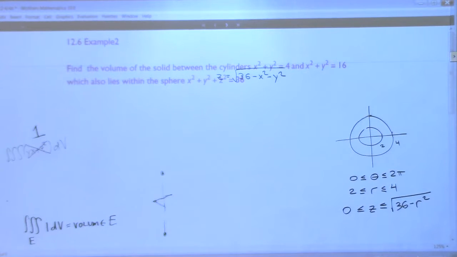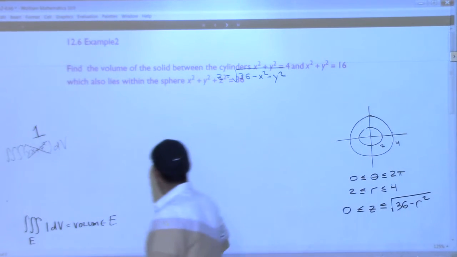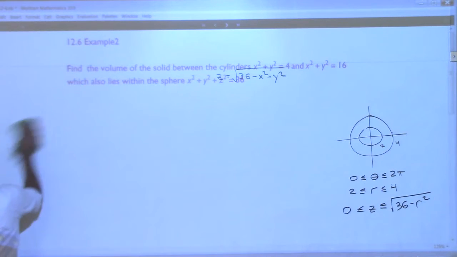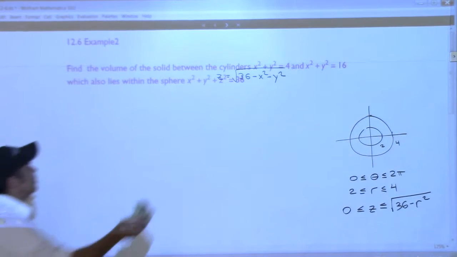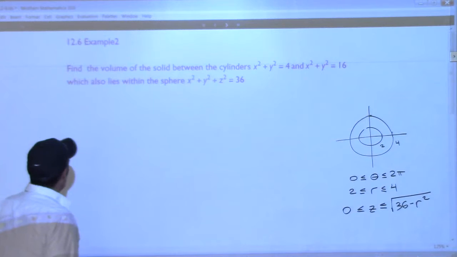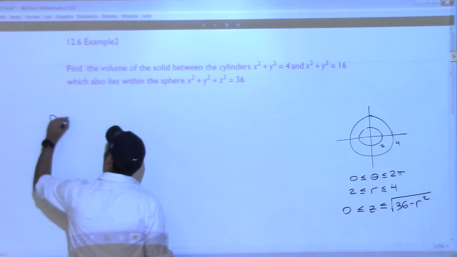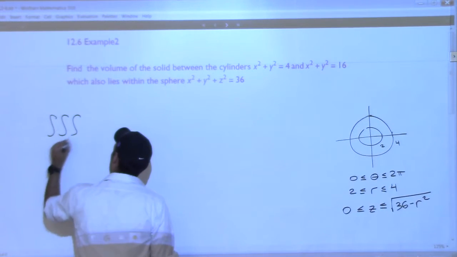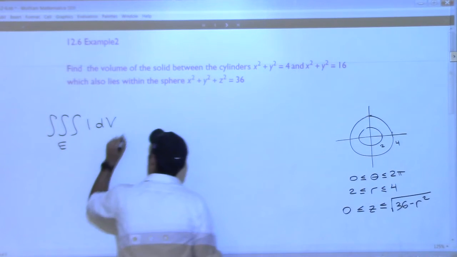All right, let's go ahead and set this triple integral up. See if we have anything that looks intimidating, and then we'll leave it to you to go work it out later if it doesn't look like it has any real big issues. All right, so we are going to do the triple integral over E of 1 dV,